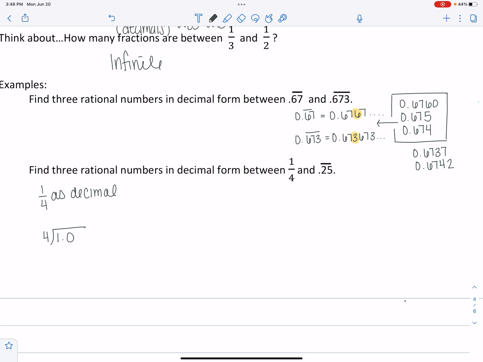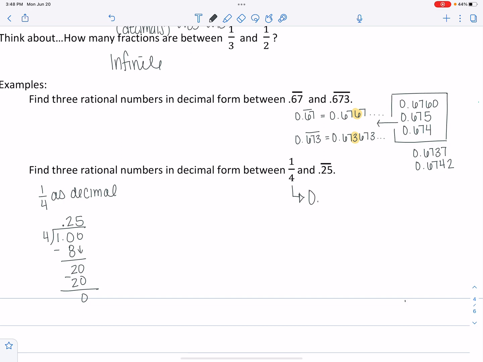So you'd say 4 goes into 10 2 times. With my decimal, 2 times 4 is 8. Subtract, carry down a 0. 4 goes into 25 times. Subtract, and then I'm done. So if you didn't know that,